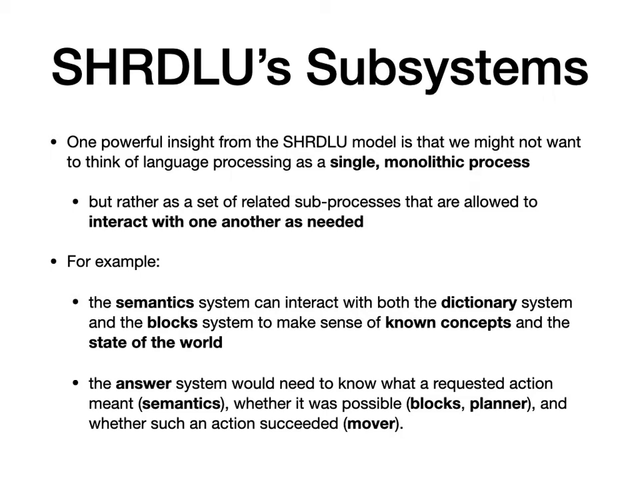The answer system, on the other hand, might need to know first of all what the requested action meant. Like, was this an action that they wanted me to do? Was this a request? Or was it a question that I can just answer? It needs to know whether it was even possible to do it, so it can give that kind of information. And it needs to know if it succeeded when trying to do it, right? So all of that information is used by the answer subsystem to be able to spit back out something to